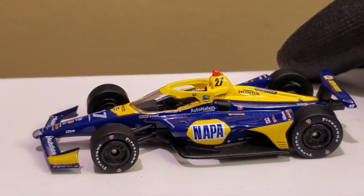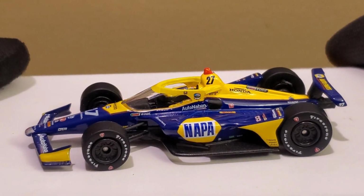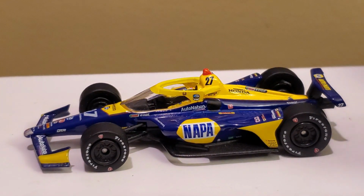But I hope you guys enjoyed this diecast review of the Alexander Rossi 2020 Napa Auto Parts Honda Dallara for